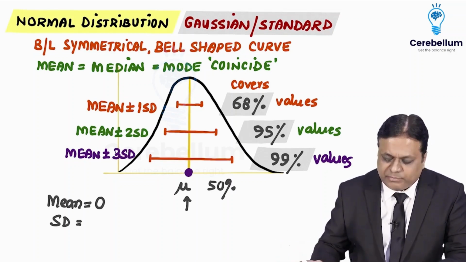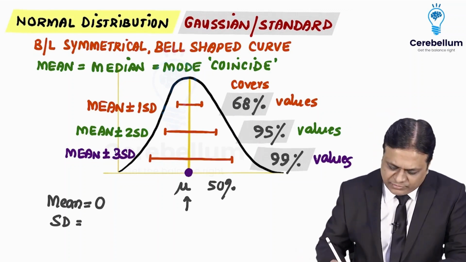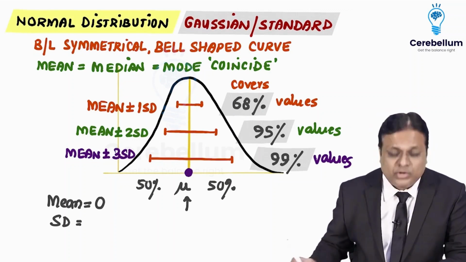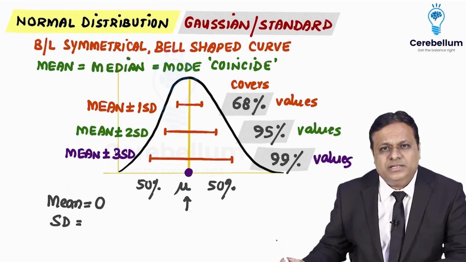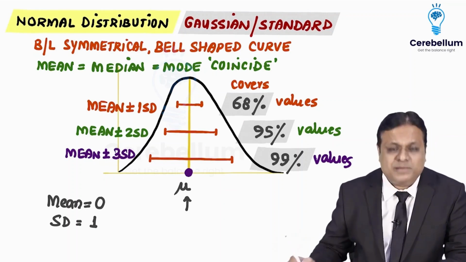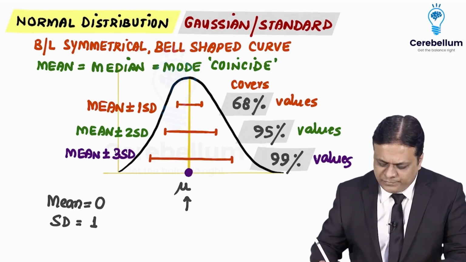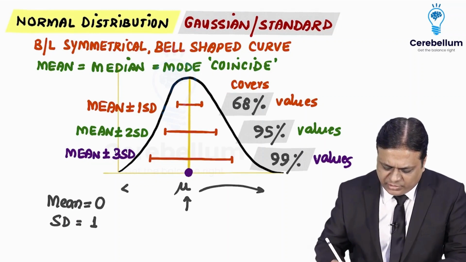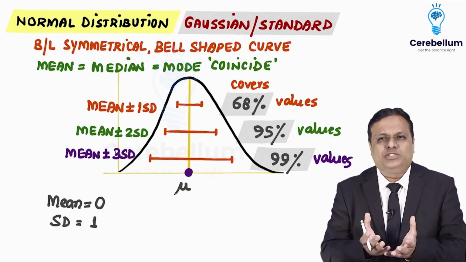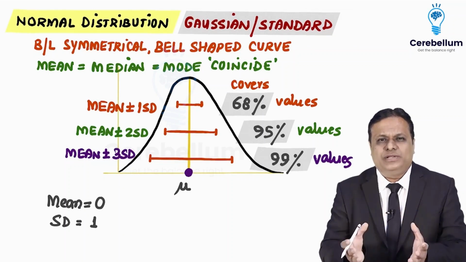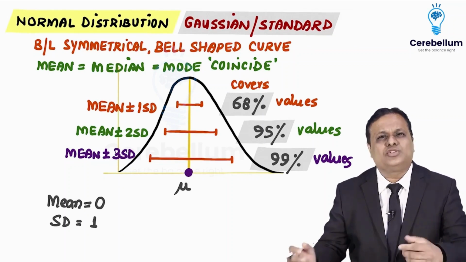50% values are above, so 0.5 is the deviation above. 50% values are below, so 0.5 deviation is below. 0.5 plus 0.5, total standard deviation will be 1, which covers 100% values in a normal distribution, 50% above mean, 50% below mean. So try to memorize these properties of a normal distribution, 5-6 different questions, and all other questions are also based on this.